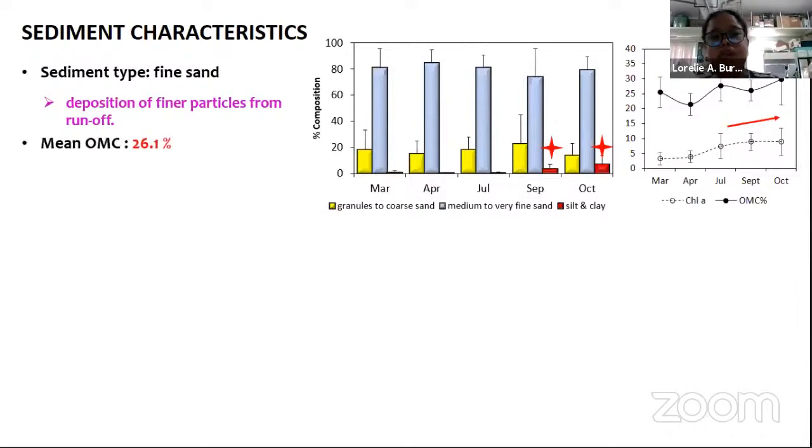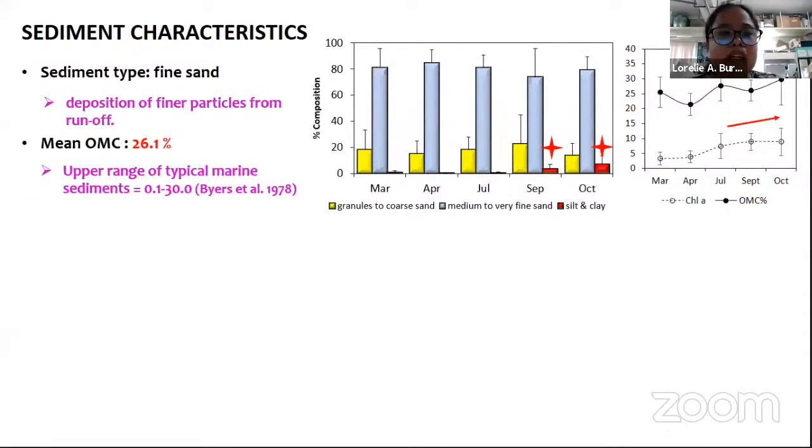Although the overall mean organic matter in the area is actually 26.1, which belongs to the upper range of typical marine sediments,